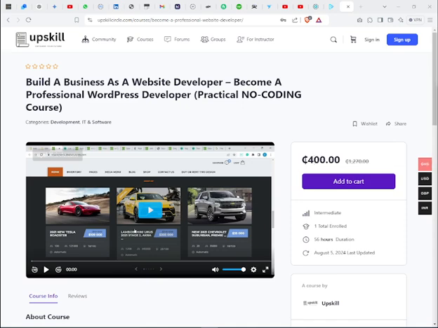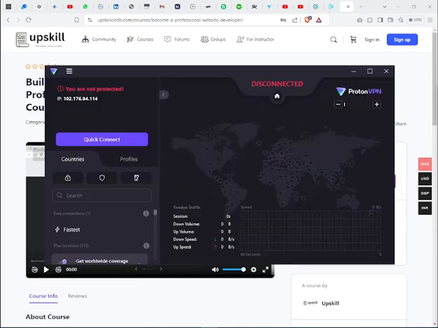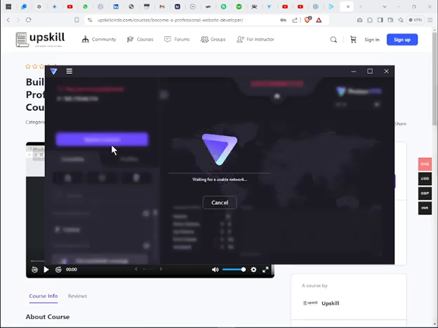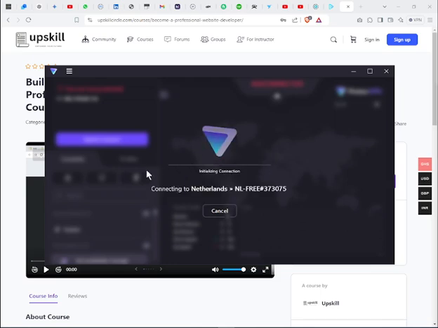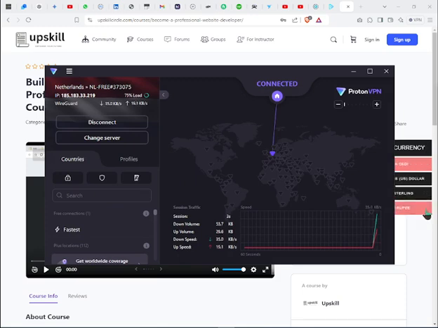Now let me change the location so you can see. So this is a VPN that I can use. Let me just connect directly. So this VPN will change our IP address to another country's IP address. So you can see it is assigning a Netherlands IP address. All right. So now let's just open a different browser